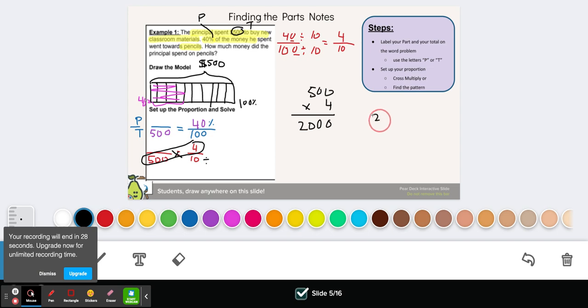So now I'm going to do 2,000 divided by 10. 10 can go into 20 twice. I subtract, I get 0. Okay, I need to bring down the 0. 10 can go into 0 0 times. I subtract by 0. I need to bring down a 0. 10 can go into 0 0 times, so my answer here should be 200. So $200 is